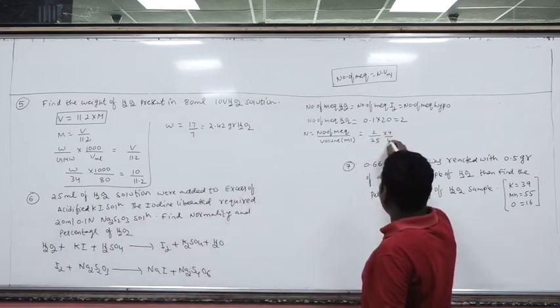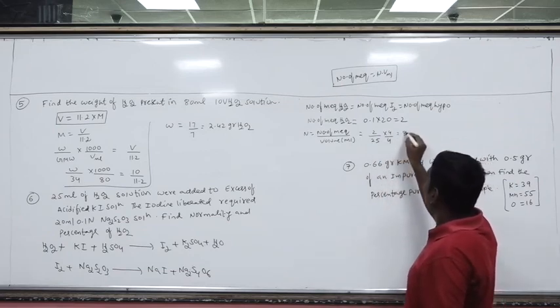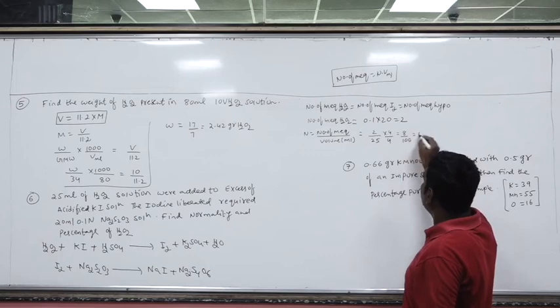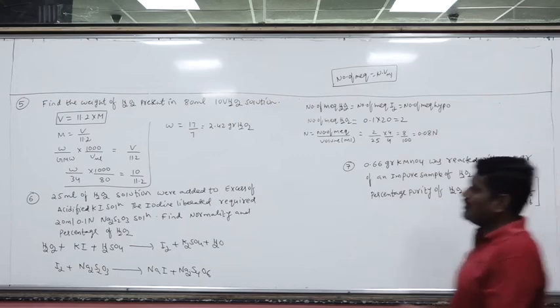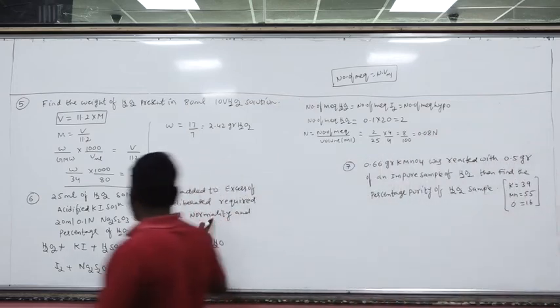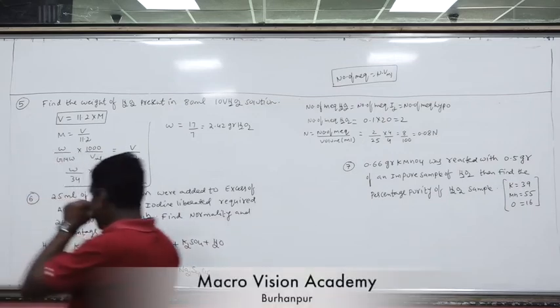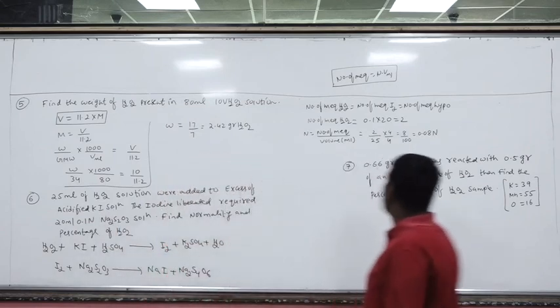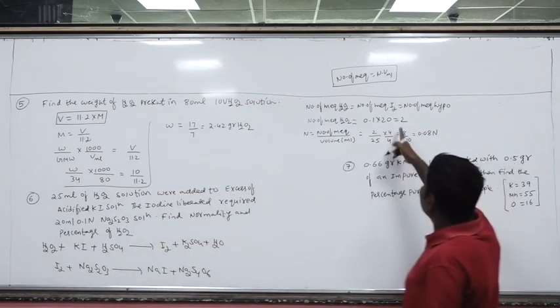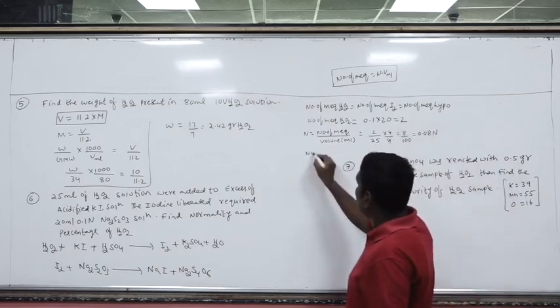Okay. Multiplying by 4, dividing by 4, so the denominator will be 100, 8 by 100. So the answer will be 0.08 normal. Okay, now this is the normality. Now, come to percentage. That means in 100 ml of solution, how many grams of the H2O2 solute will be present? Now, how many milli-equivalents are there? 2.